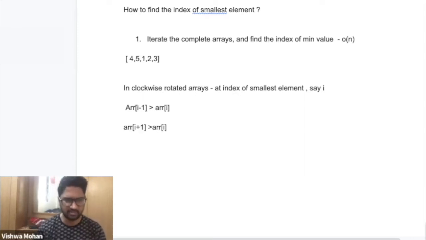Apart from that, the left will always be smaller and the right will always be greater.